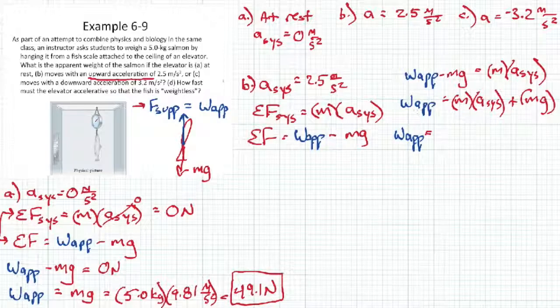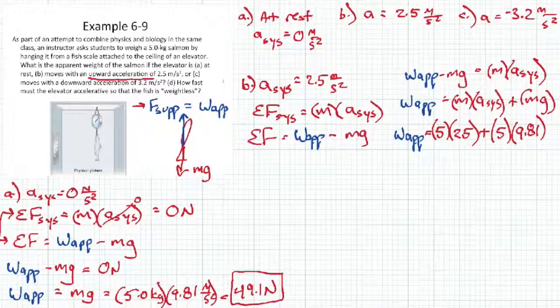So that would be 5 kilograms, and I'm also going to cheat a little bit and not write my units in, which I usually want you to do. 5 times 2.5 meters per second squared plus 5 times 9.81 meters per second squared. Mass times acceleration of the system plus mass times gravity. So our apparent weight in part B